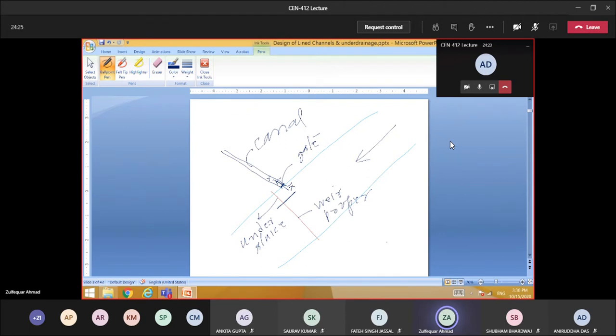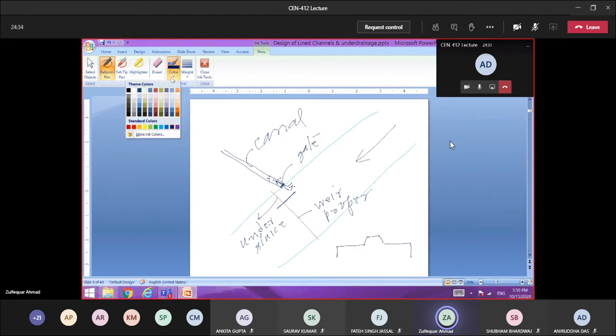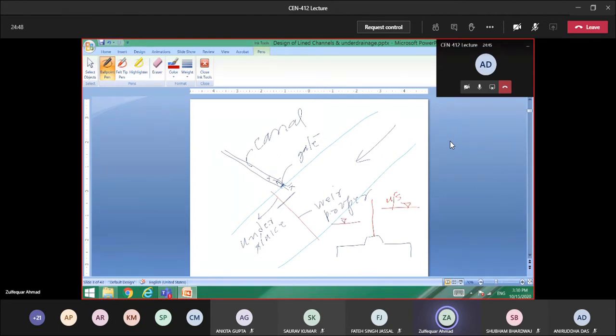So what you have here is a concrete structure, then you have a crest, and then you have the concrete structure like this. The gate is placed here, right? And you have the water level here, the water level in the upstream, and you have the water level in the downstream. Downstream means here, okay? I think you might have gone through this in channel hydraulics and even in fluid mechanics. This is the difference of the head, delta H, okay? Now this gate, once this gate will be lifted, okay?